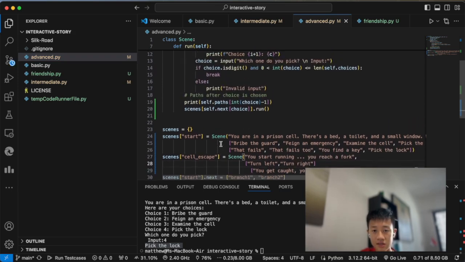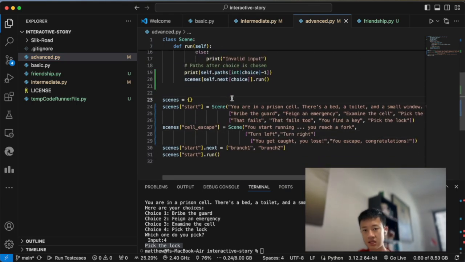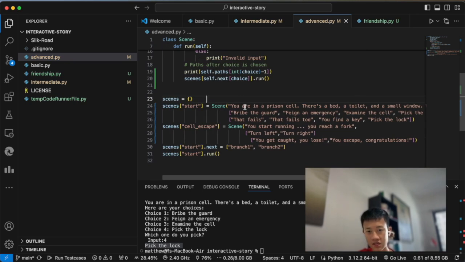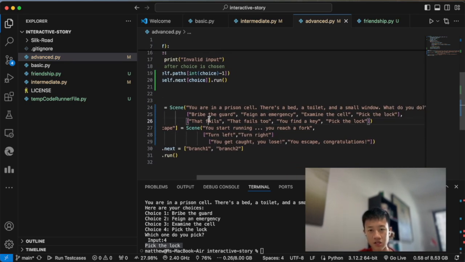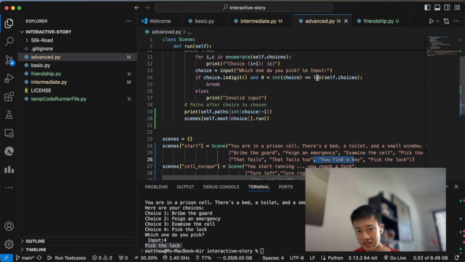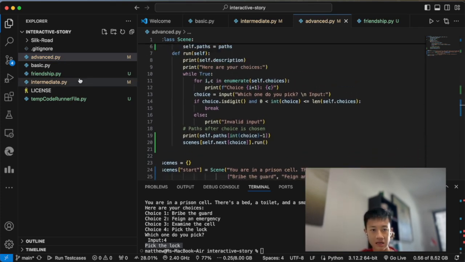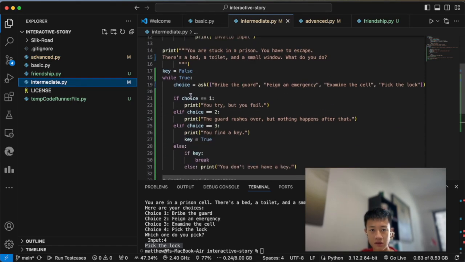And what we can do is, if you actually remember what the start scene was, we have four cases. You have bribe the guard, feign an emergency, examine the cell, or pick the lock. However, remember that the first two fail and only the last two work. Because actually, as a matter of fact, only the third one brings you to the next place. And remember what I did in the intermediate code is I put a whole while loop